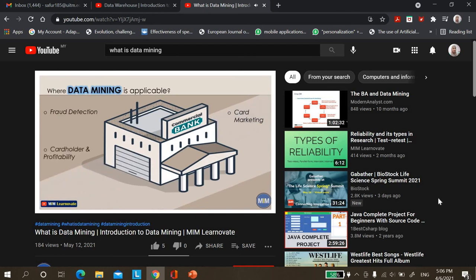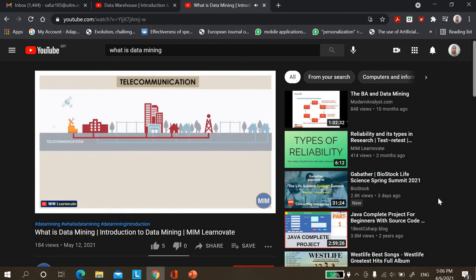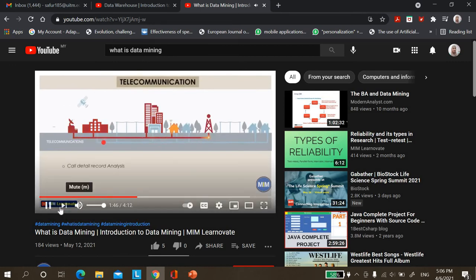Cardholder and profitability. Card issuers can take advantage of data mining technology to price their product and maximize their profit. Predictive lifecycle management. Data mining help bank to predict each customer's lifetime value and to provide service to each segment. In telecommunication, data mining is used for call detail record analysis by